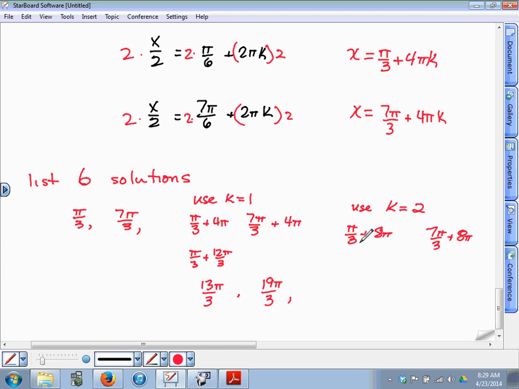So how do we add pi thirds to 8 pi? Just like that, huh? Yeah, it's going to be times by 3 over 3, so that's 24 pi over 3. 24 pi over 3 plus pi over 3 is 25 pi thirds. Same thing with this one. 8 pi over 3, if you multiply that by 3 over 3, it's 24 pi over 3. 24 pi plus 7 pi is 31